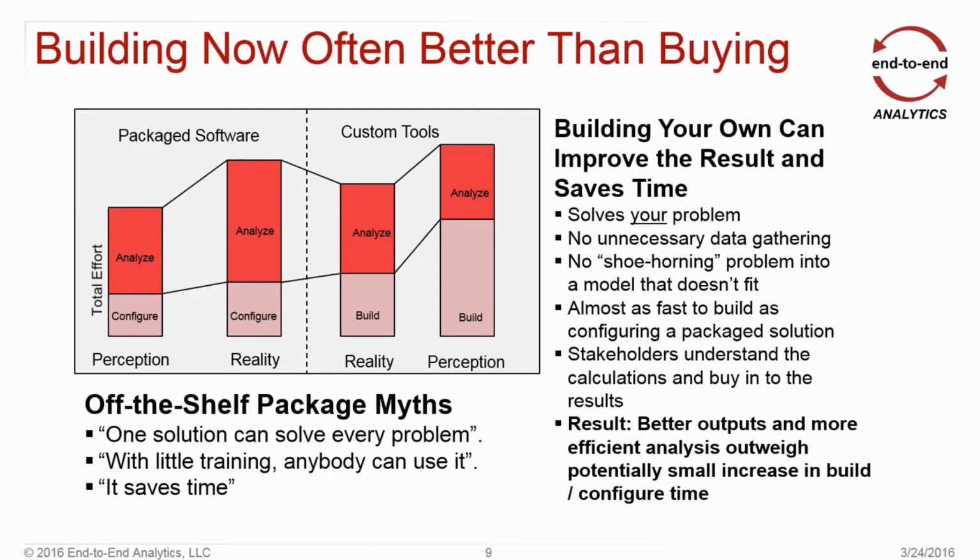So whether you're going to build or you're going to buy, don't count on your savings bucket when you're buying that one week of training is suddenly going to make someone an optimization expert. If anything, that's one of the biggest failure modes that we see. And then the last piece is that it saves time. It's the punchline of the chart above: in some cases it does save time. In other cases, it certainly doesn't.